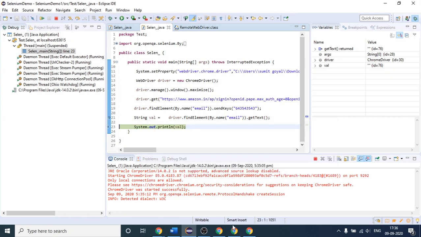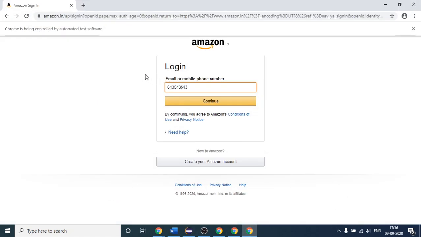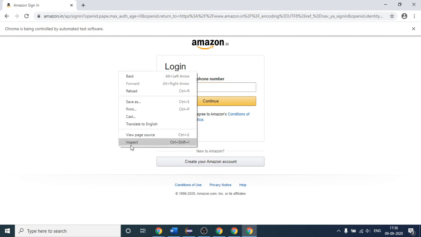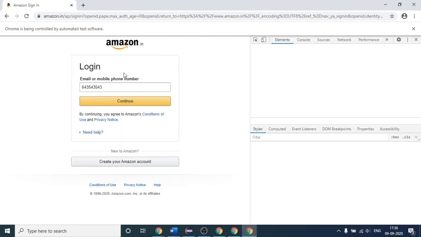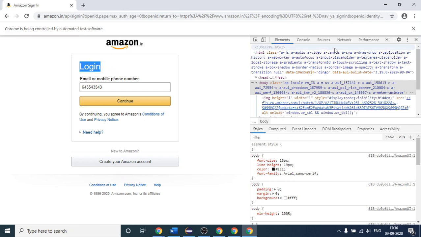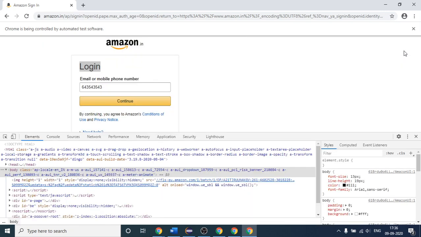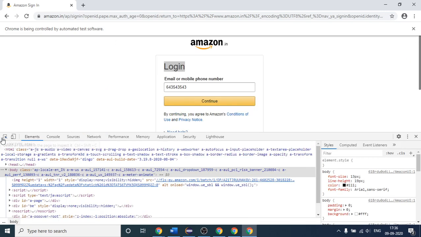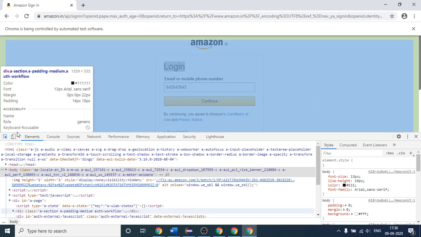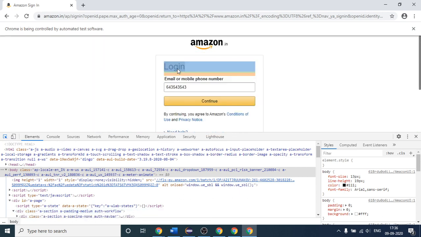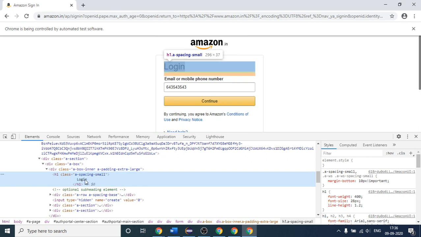Why did we get so? Because earlier what we are trying to fetch is this. Suppose you have to fetch this login value with the help of get text. This login text which you are seeing on your screen, let me again click this and then I will come here. So you can see this is the login text. With the help of get text, if I try to get it, it will come in my console.